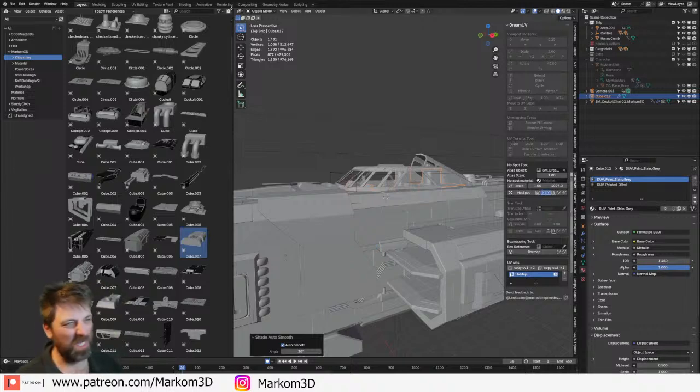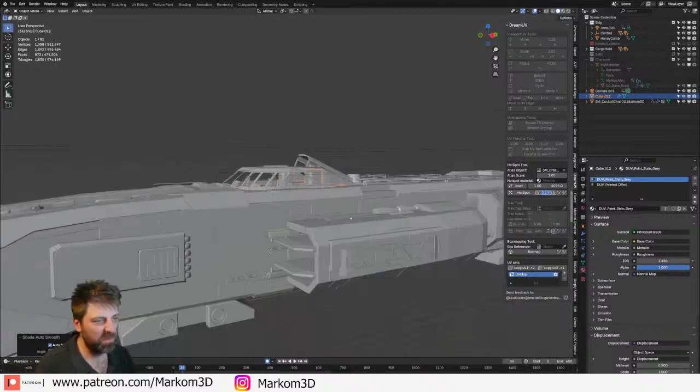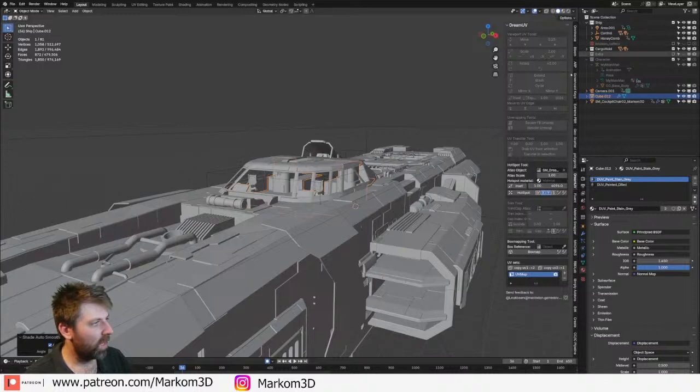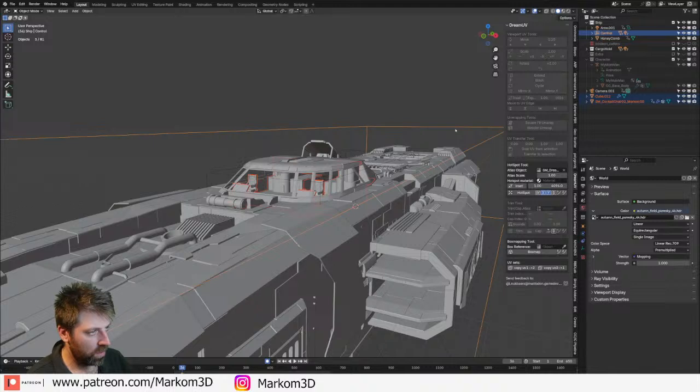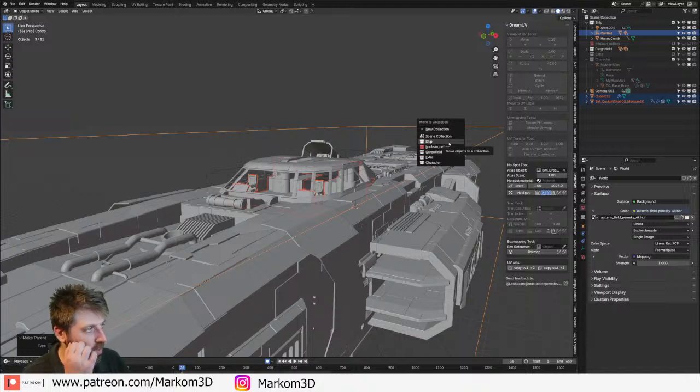You know what? I'm just going to leave it. Stuff it. Control S to save. Let's go move. No, actually. What have we added? We've added in these two objects. Control P, parent to the object there. And we'll make sure we move that into ship.